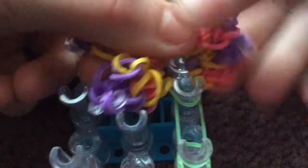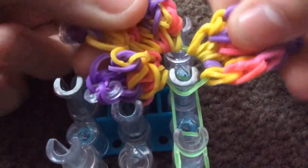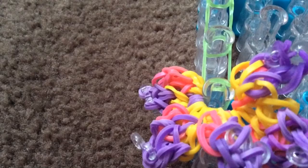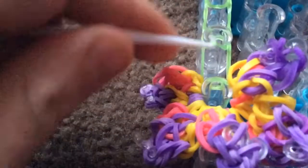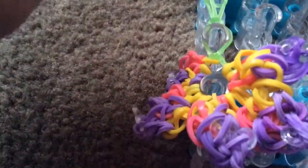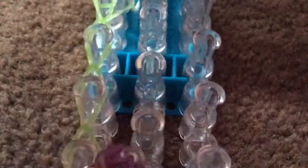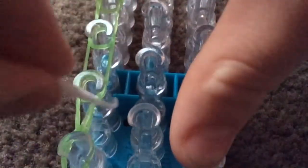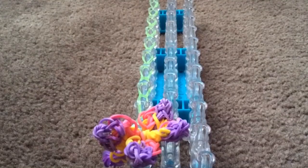So just pull out the cap band like that, and then we turn the loom around, and then we start hooking all the way down the loom, like so. When you have finished looping, pull